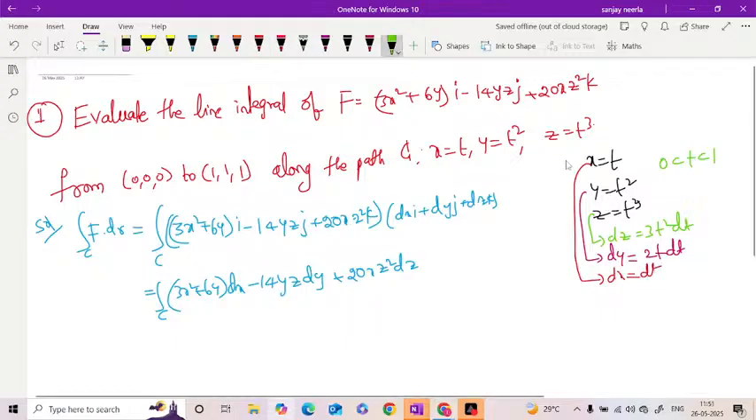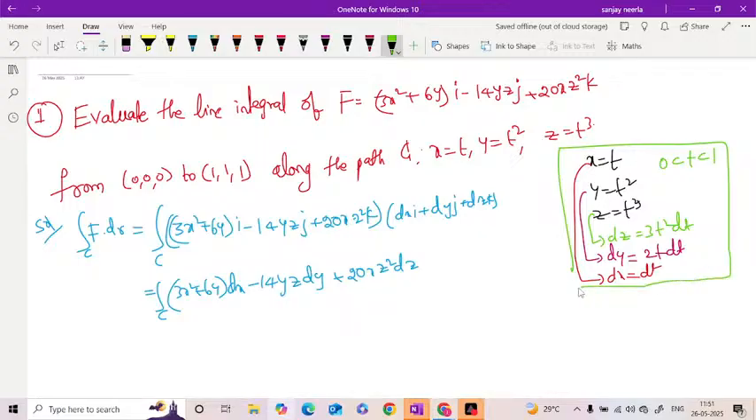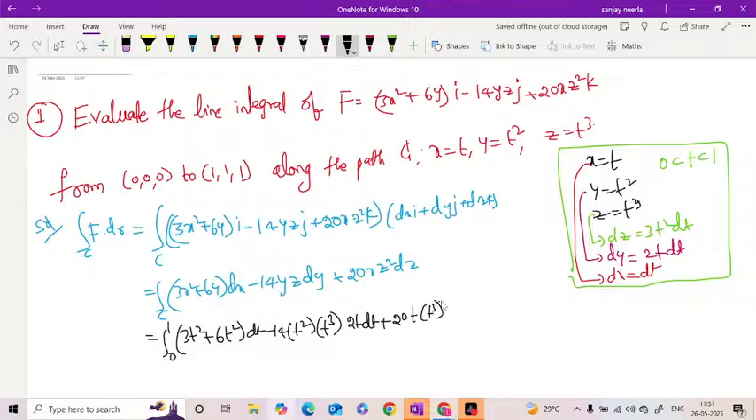Now substitute all the results in this one because it is the parametric form. After substituting, integral 0 to 1 of 3t² + 6t... y means t², and dt. So dx is nothing but dt. Next, minus 14, y is t² and z is t³, dy is 2t dt, plus 20 into t, z², so (t³)², and dz is 3t² dt. Now integral 0 to 1,